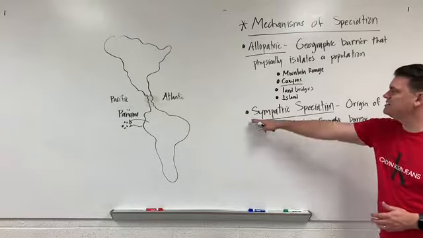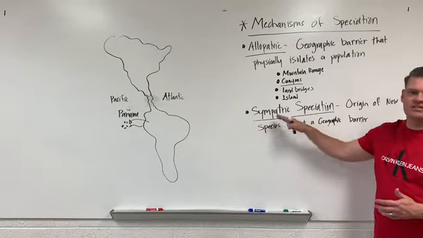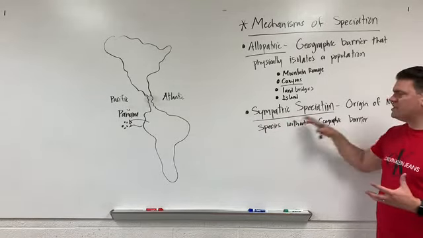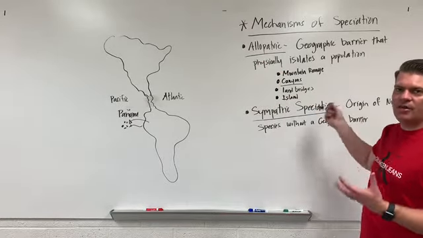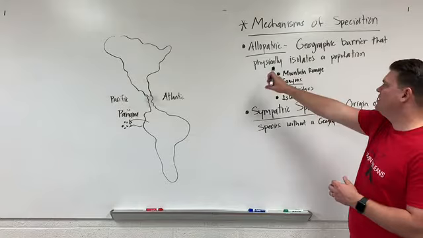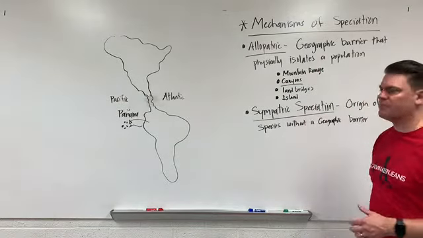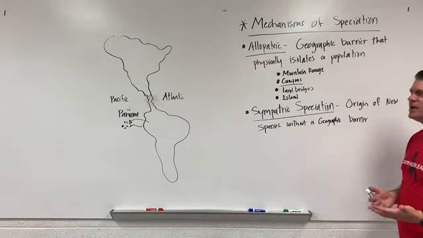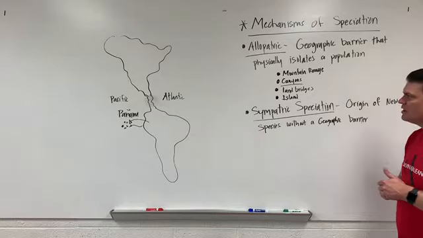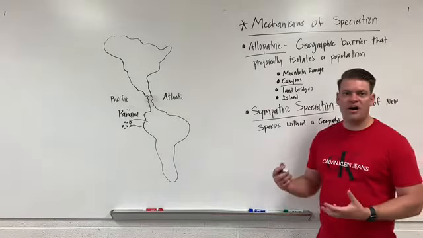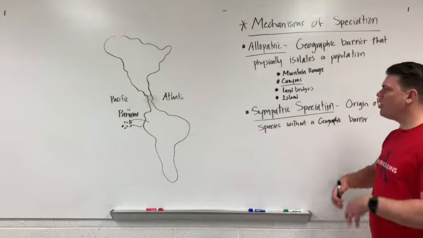So once again, sympatric speciation, similar, so they live in a similar area. Allopatric speciation, allopatric, apart, they'll be torn apart by a physical geographic barrier. That's how I always remember the difference between allopatric and sympatric speciation, when I was in college. All right, so for the last part of our chapter, now we know all about species